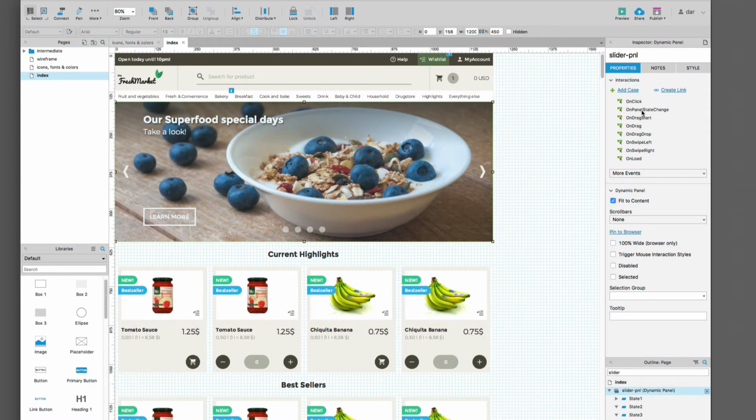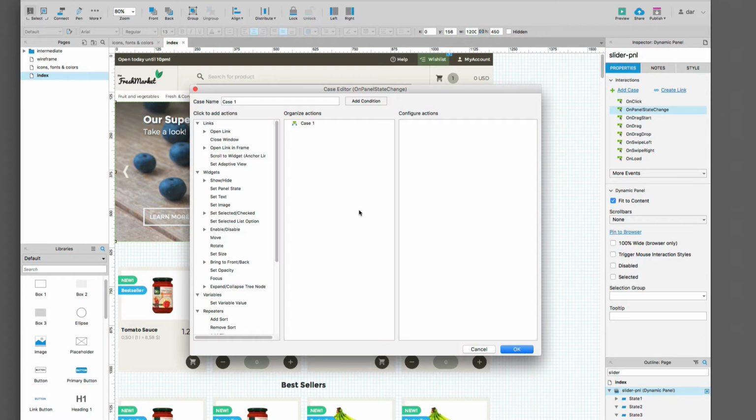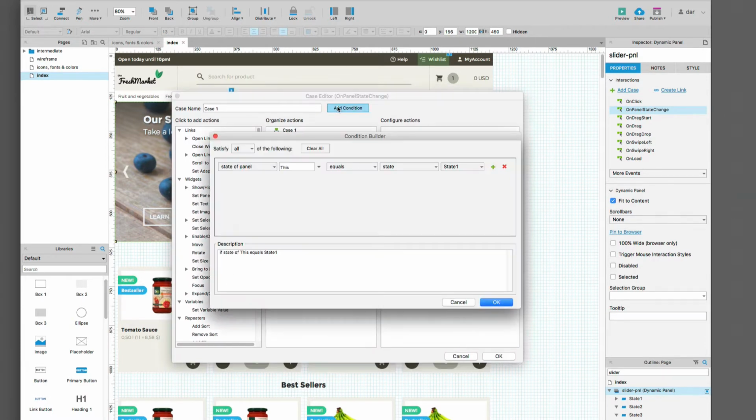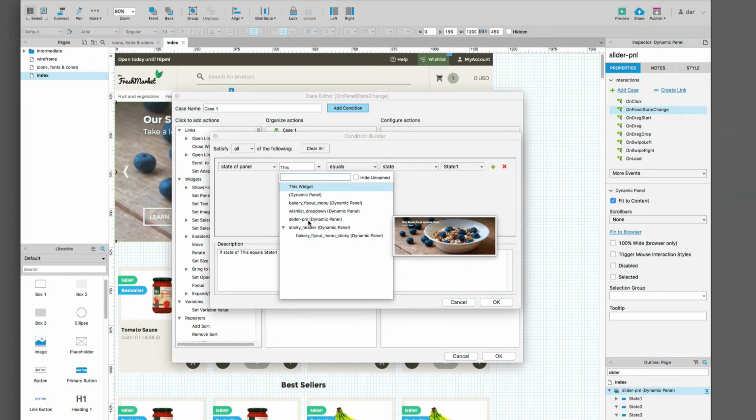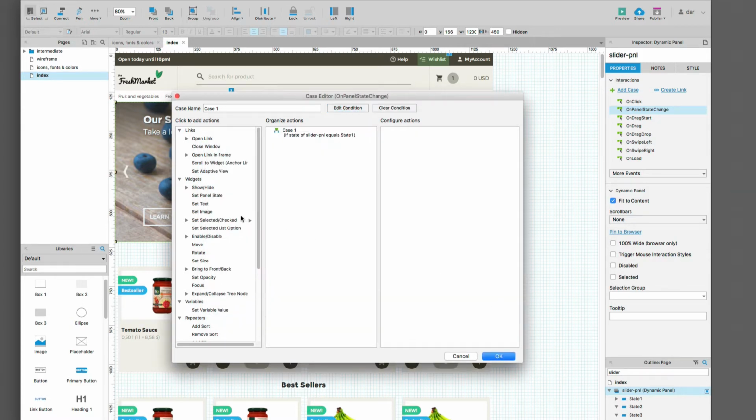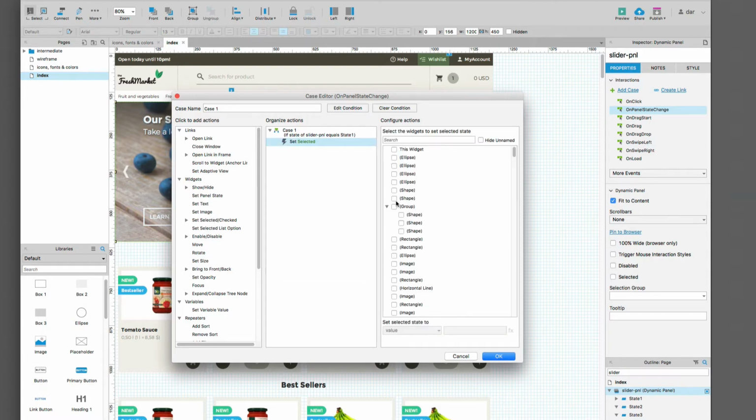There is this on panel state change that we will double click. And now we have to add a condition here, and we say state of panel, let's say not this, but slider panel, and equals state 1, click OK, and we say set selected checked, and